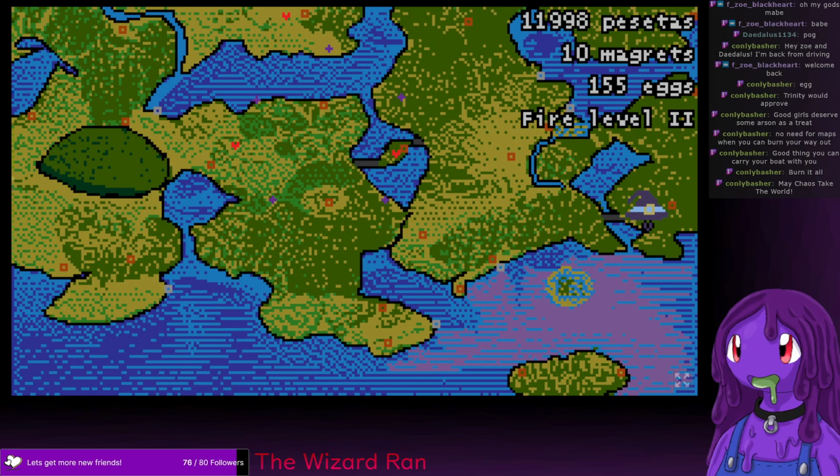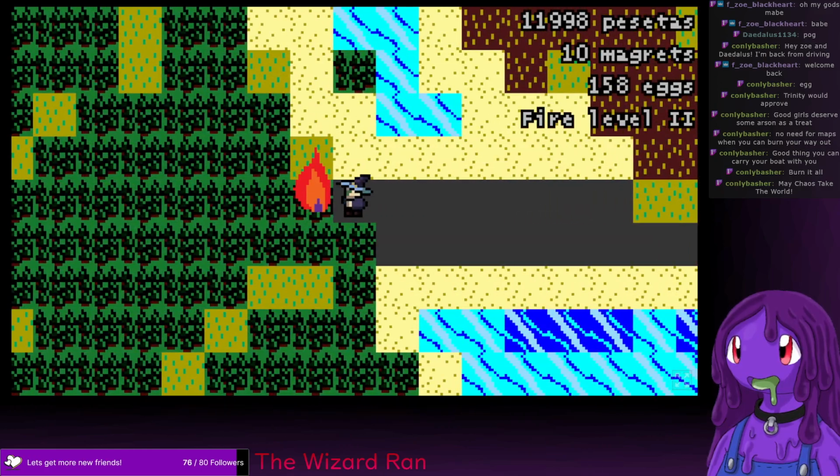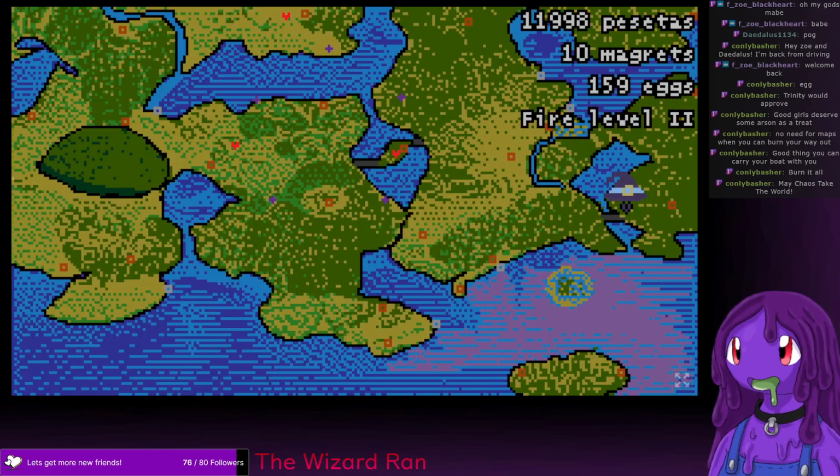At this point, we can become a certified magret farmer, because we have 10 of them. I think that's one of the endings, is just talk to the farmer again and become a rancher.